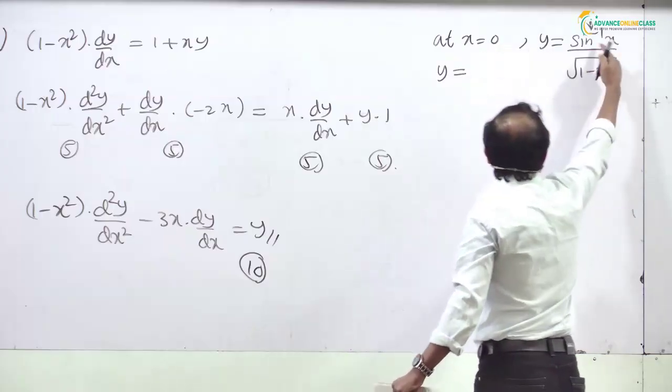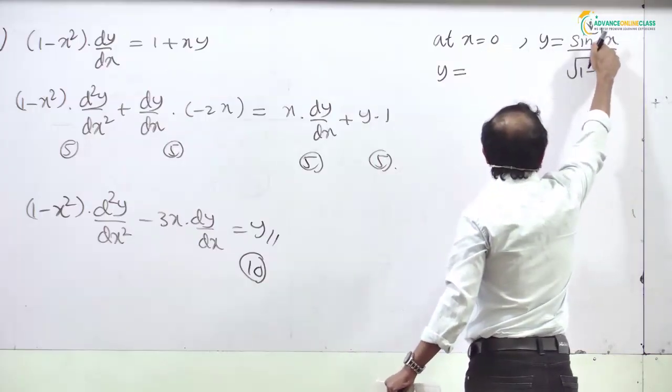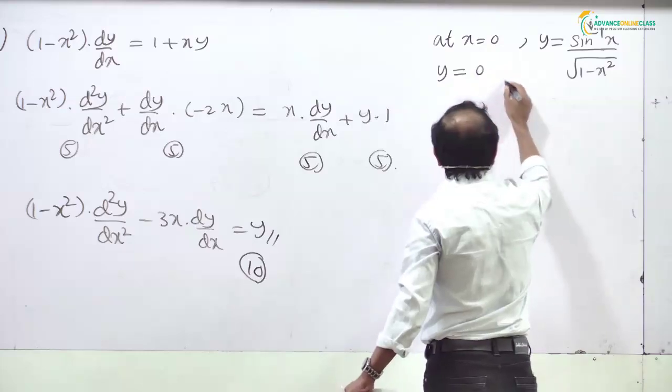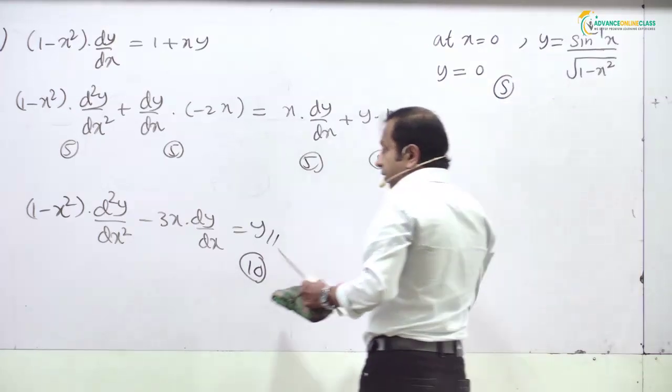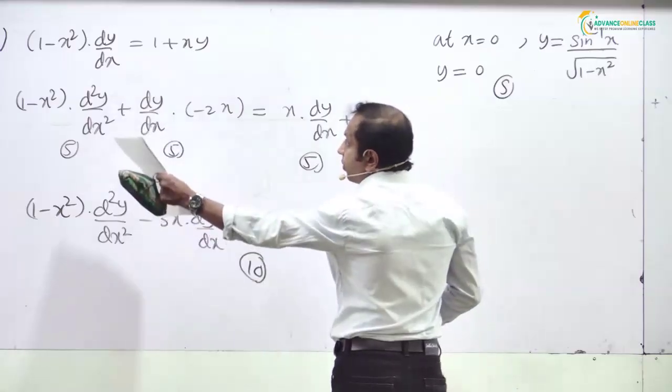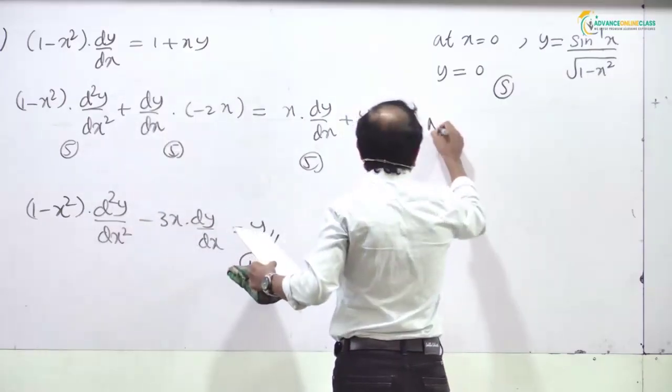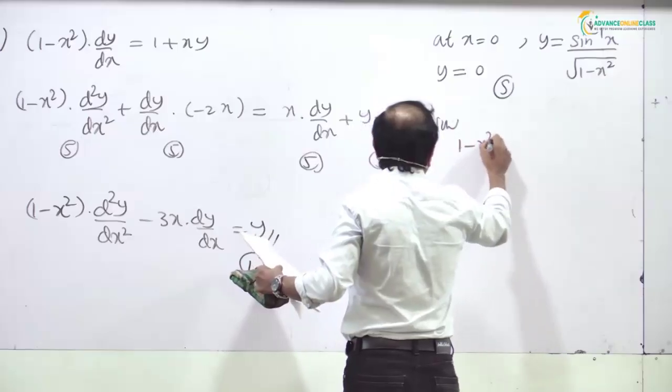Put x = 0 here, sin inverse 0 is 0, numerator 0, denominator 1, y is 0. We need this, 5 marks for that. And I take now first answer, this one. Now using 1 minus x squared